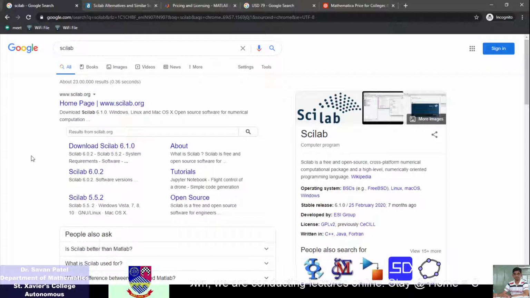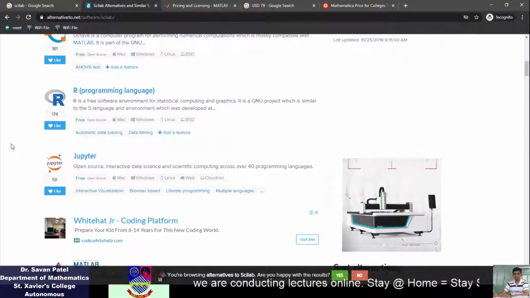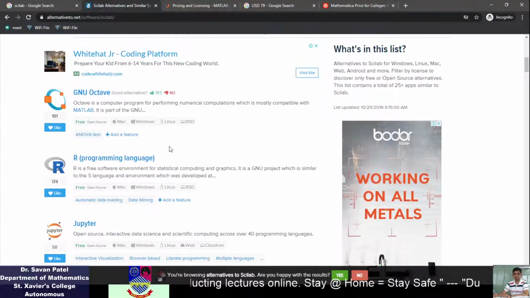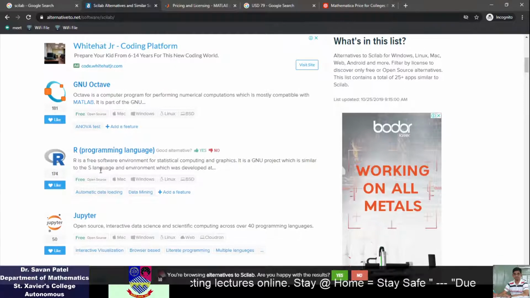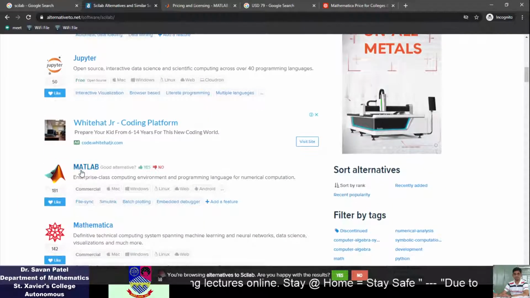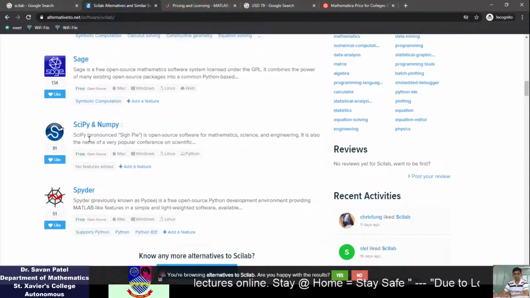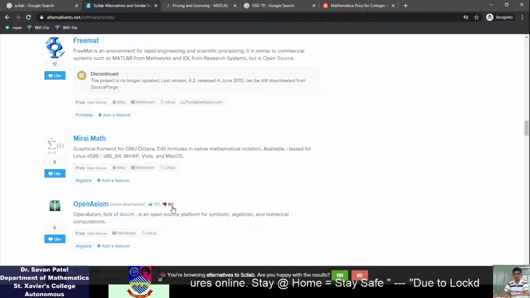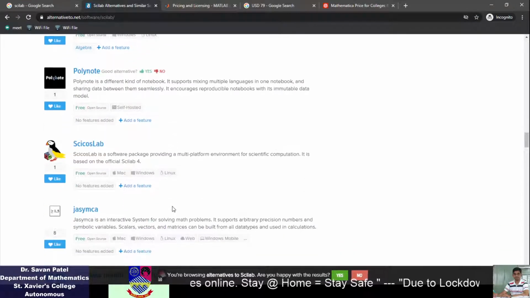Before going there, I am showing the alternatives of Scilab. First of all, Scilab is free and open source. It is also compatible with Mac, Windows, and Linux. GNU Octave, R language, Jupyter, MATLAB, Mathematica, Sage, all these softwares appearing here are equivalent to Scilab in some sense.